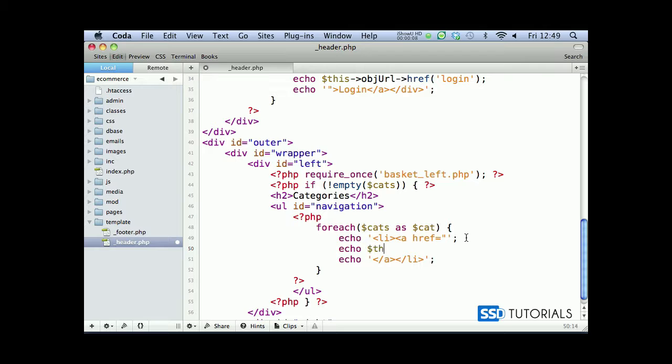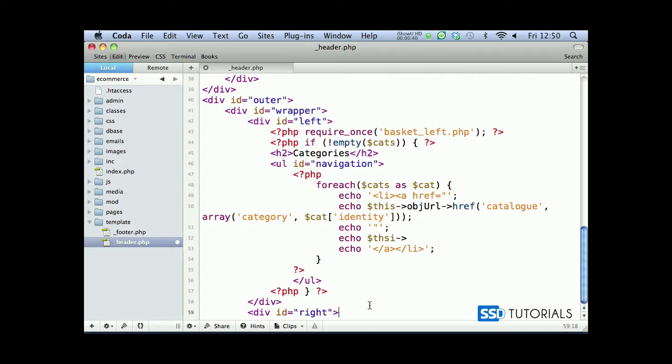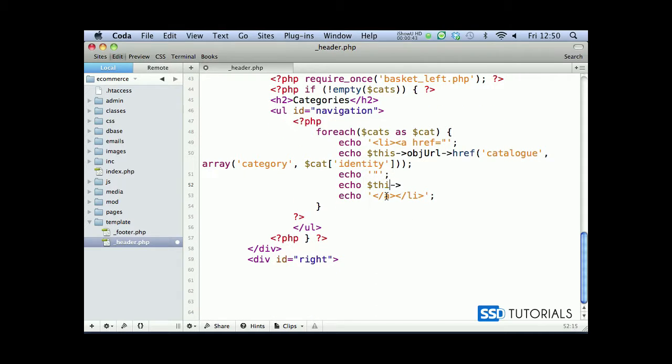Now we go for echo, this object URL, href, and now our link will be catalog. Then we have array, category, and then identity of the category, cat identity. Now we haven't got this field in the database yet, but this is something we're going to be working on very soon. So echo, then closing double quote in between single quotes, then echo again this, and let me just scroll up a little bit, give you new lines. Obviously this here. Then we have object navigation,